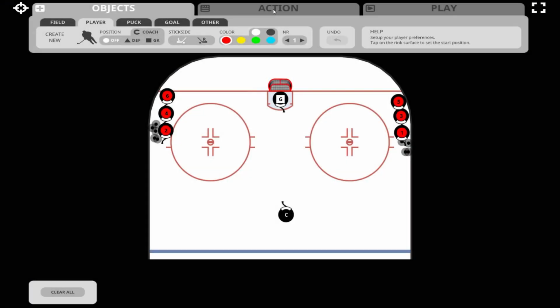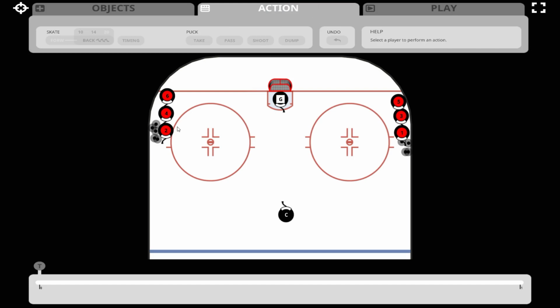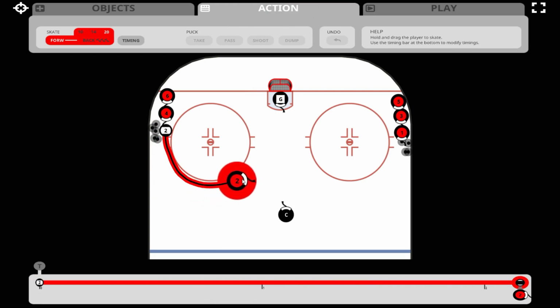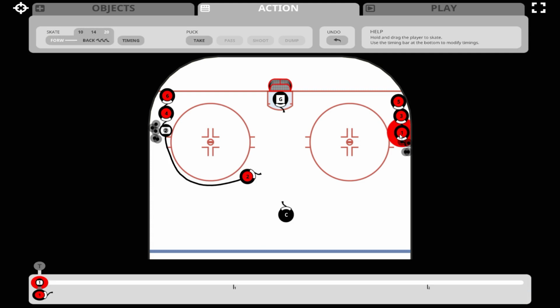In this little mini tutorial, we're going to take a look at moving players up in line. We'll start this little drill by having number 2 come across the top of the circles. Player number 1 on the opposite side will pick up a puck and make a pass. We first scale up the player and take the puck,